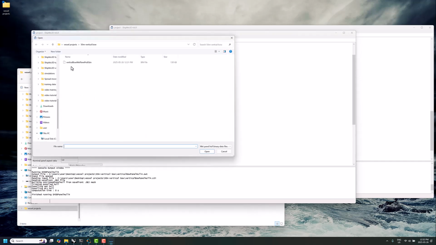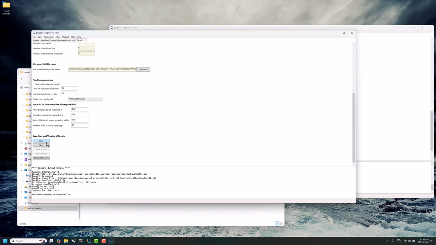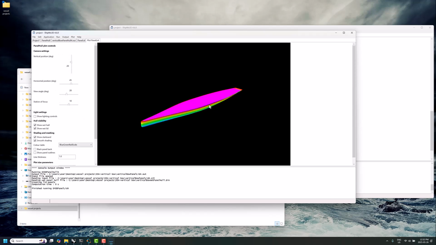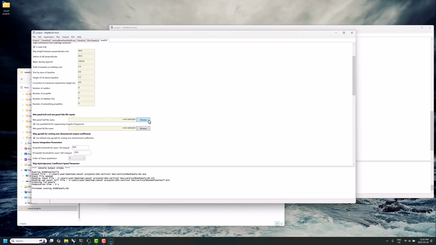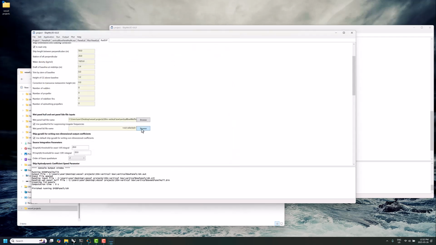Wet hull panel file. Now this is just what we got out of our panel hull automatically. Don't expect any issues here. Sure enough, everything's fine. The default settings work great. We got some pink in the middle inside there. Great. Go to add new data, rad diff, and we'll pick our existing wet hull panel and then our lid